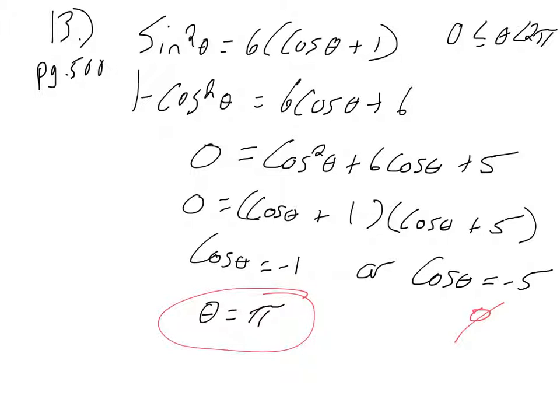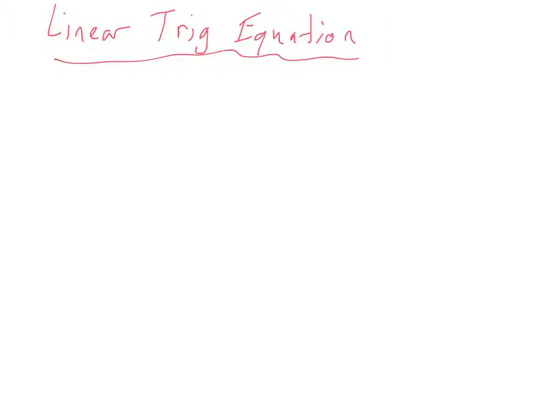So, one more type of trigonometric equation before we move on to the next chapter, which we will do today, and start talking about triangle trigonometry. But this type of trigonometric equation is called a linear trig equation. And linear trig equations involve sine and cosine both taken to the first power. So a basic example is